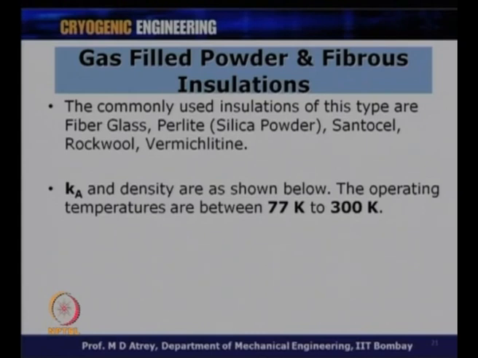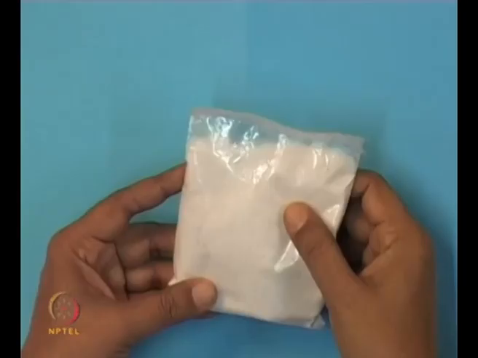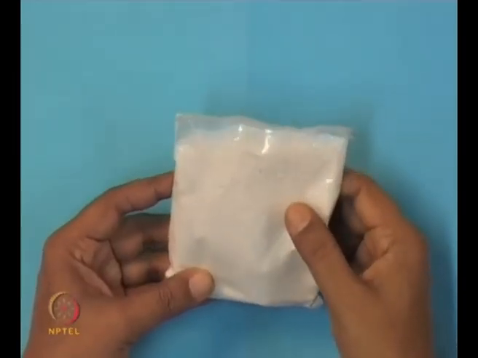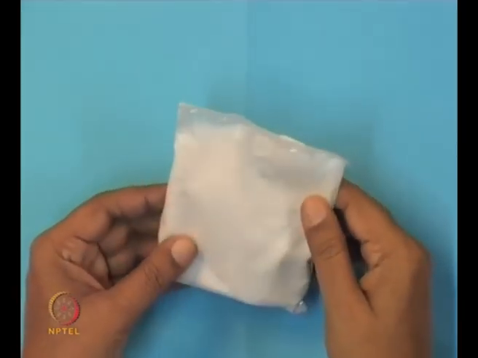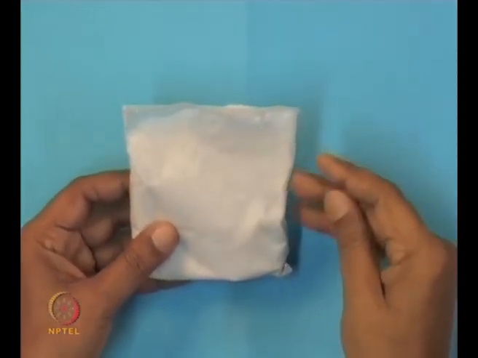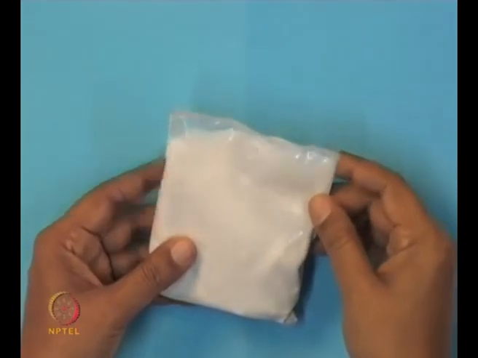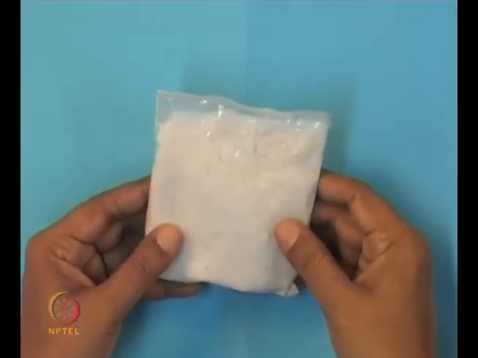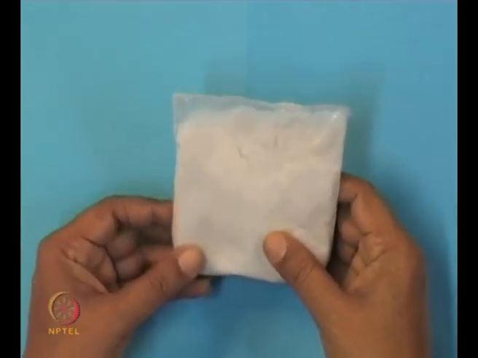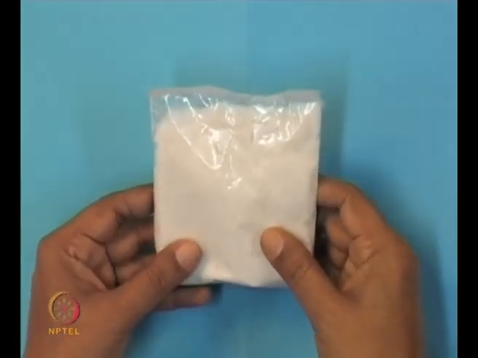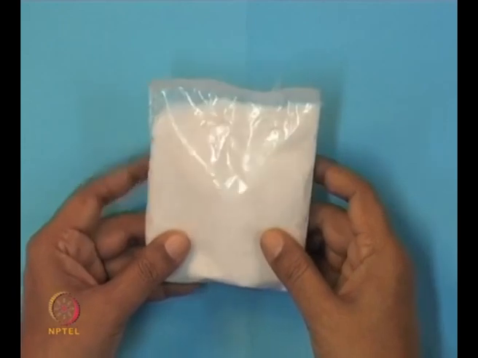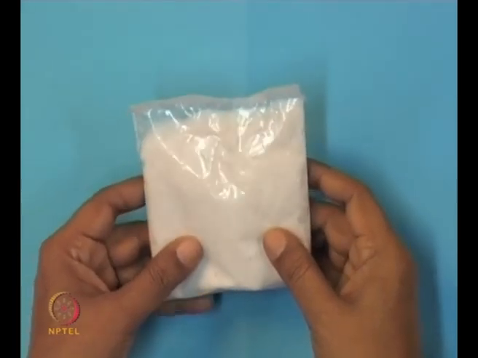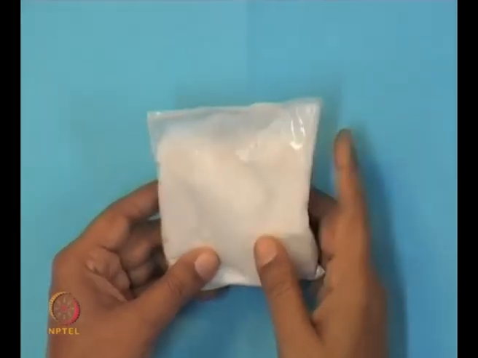Normally, this powder is of very, very small granules, and most of the time a liquid nitrogen plant will have this fibrous insulation because it is a huge thing which is filled with powder all the time. So, you can see this white perlite powder, which is very commonly used up to liquid nitrogen temperature. Alright. So, we will have drums containing this particle in various places,